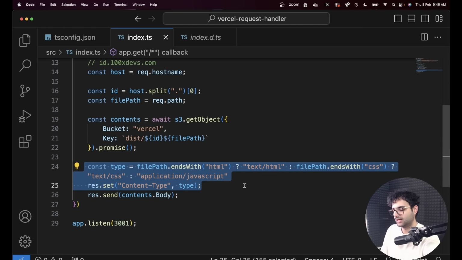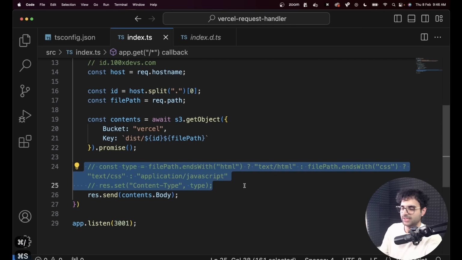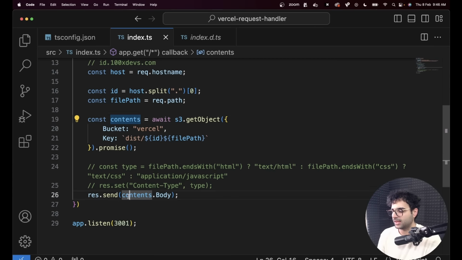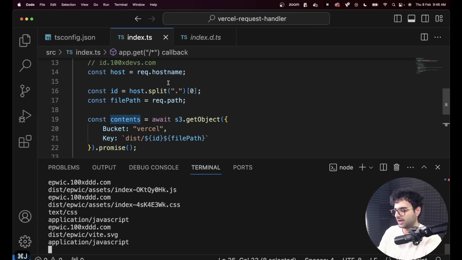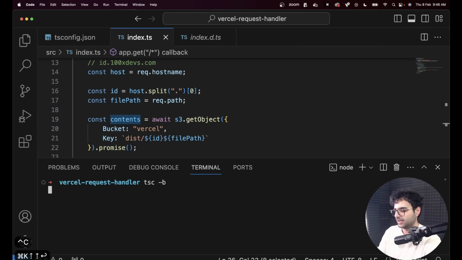Why did I have to do this? You can totally ignore these two lines, even though it wouldn't work without them. Basically, getting the contents and forwarding them to the response object in Express is good enough, but this will lead to one small problem. If you just run this code and try to access it in the browser,